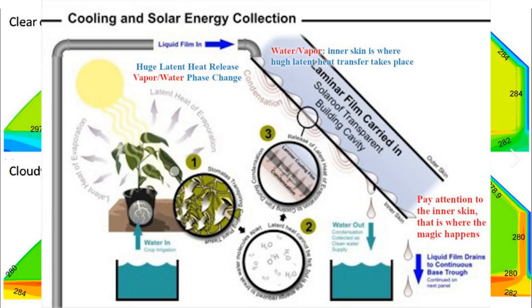And then the heat will bring the liquid down, right? It falls along the underneath side of the inner layer, and then flows into this thermal mass. So as you can imagine, there are two flows of water. One is the pumped water, which you spray to the top and it flows down, and then also